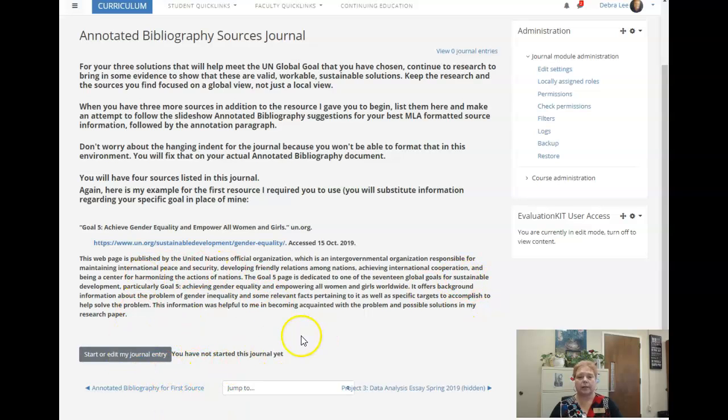These won't necessarily be the only ones that you use in your research paper, and you may even decide later on that you find a source that's better than this to use for your research paper. But for this assignment, you will have to do 4 of these in your annotated bibliography. We want to do it as well as we can because it is 20% of your grade, as the research paper is 20% of your grade. So 40% of your grade is coming from this global goal that you'll be researching and writing about. Okay, so